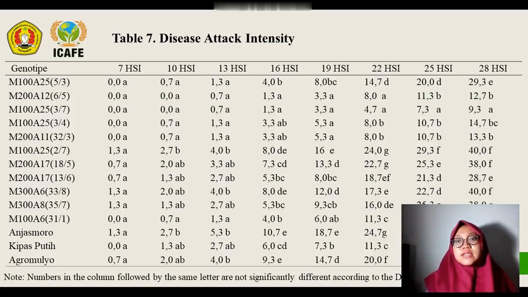The difference in disease intensity of each soybean variety tested is influenced by plant resistance caused by genetic factors, which give different resistance to stem root disease intensity. In this experiment, the difference in incidence was thought to be caused by the interaction between the resistant traits of each genotype and the virulence of the disease.